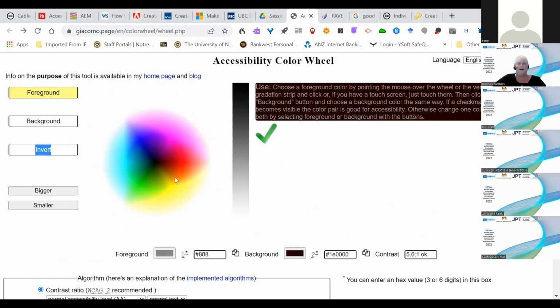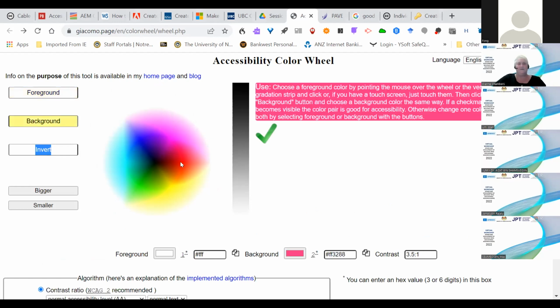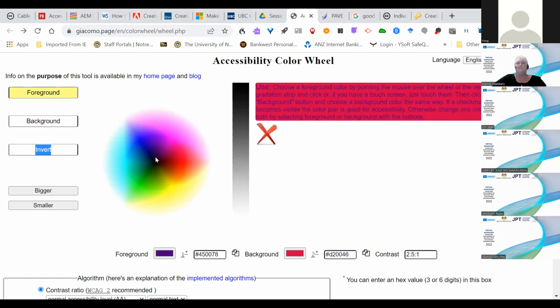So if I've got a red background, a red background on a PowerPoint slide, for example, white text is fine. Blue text, not so fine. I can't see it. All right. Green foreground, not so good. Doesn't like that either. Okay. So I can really clearly go and check what colors work best for my particular presentation, for example. So those sorts of free tools are very readily available for you. You just need to know where they are.